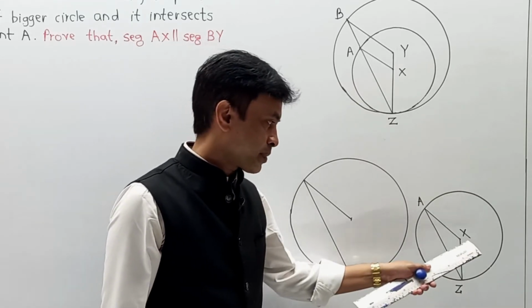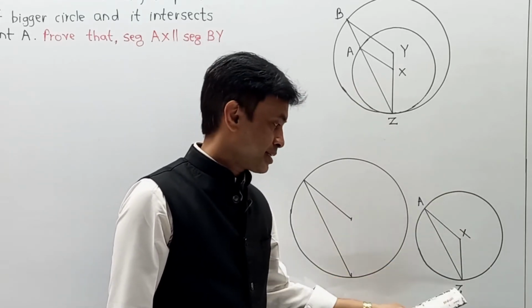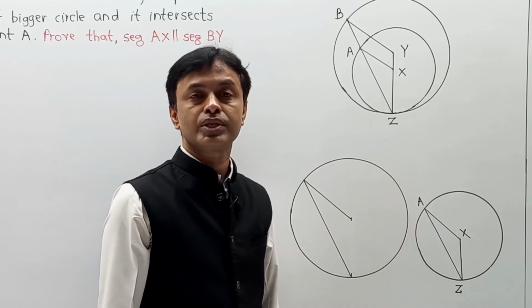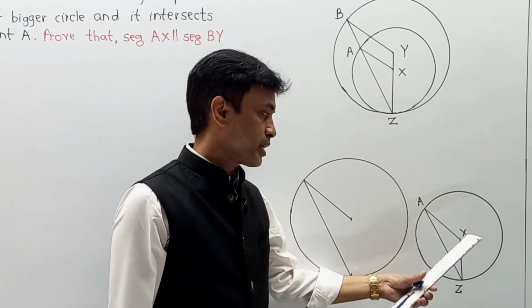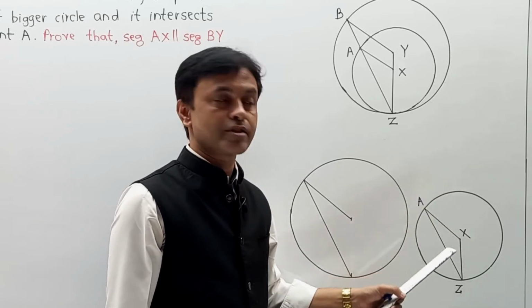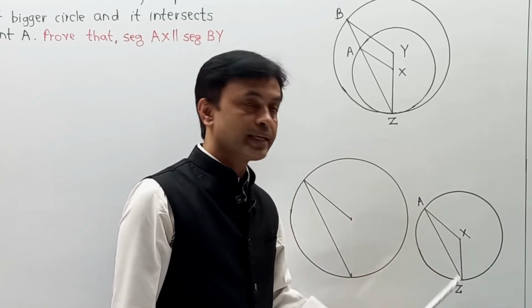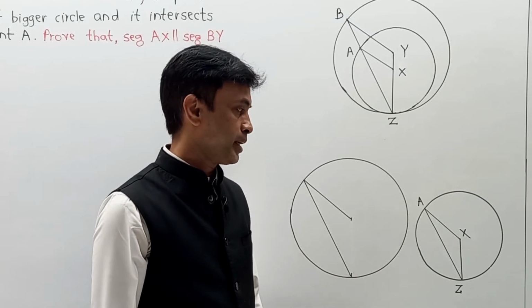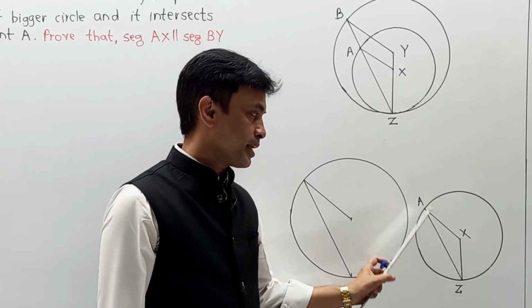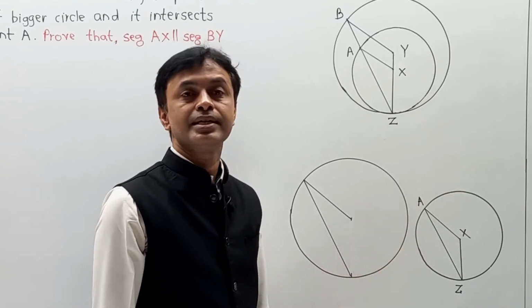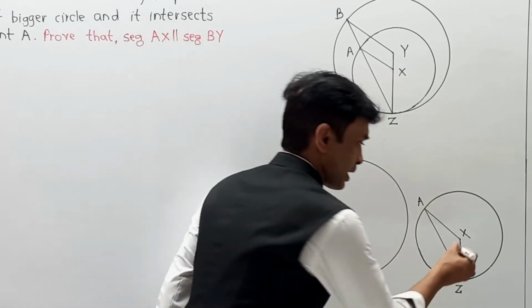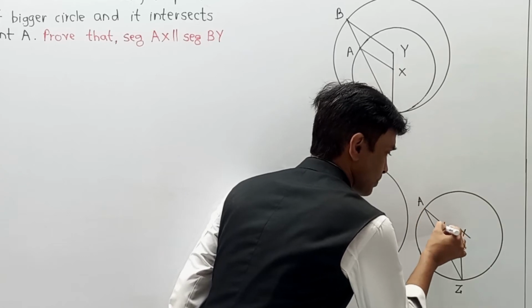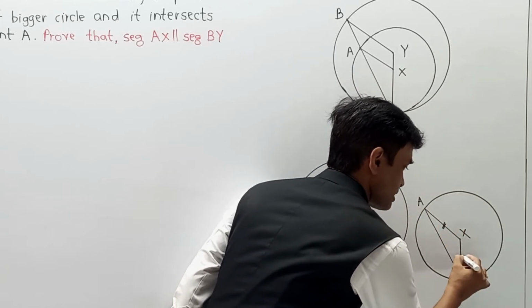and the part is XAZ. If you observe this triangle carefully, then X is the center of a circle and XA is a radius of a circle, as well as XZ is a radius of a circle. I repeat, here XA is a radius of a circle and XZ is a radius of a circle. Naturally, these are the radius of same circle. Naturally, I can say that radius XA is congruent to radius XZ.